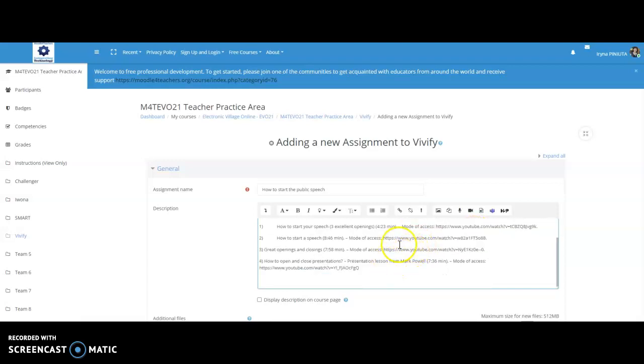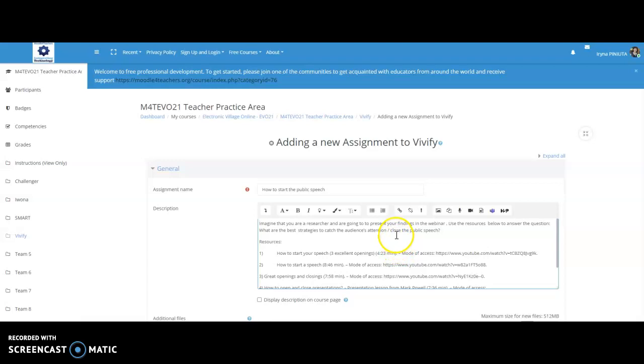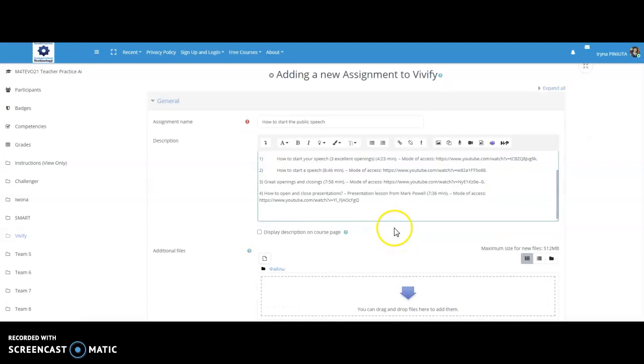There will be 4 teams and 4 resources, and they will be searching for the best strategy, how to start the speech, and I would like them to video record themselves. So, okay, and then we move further,